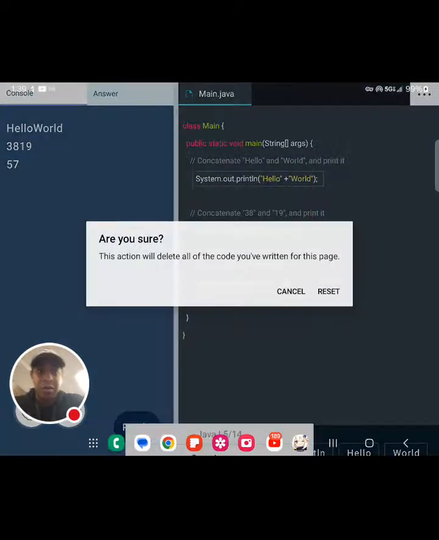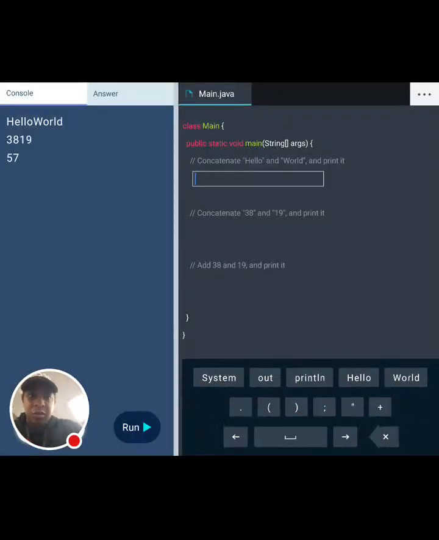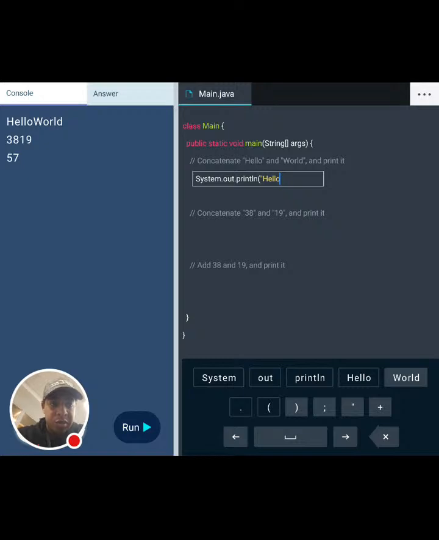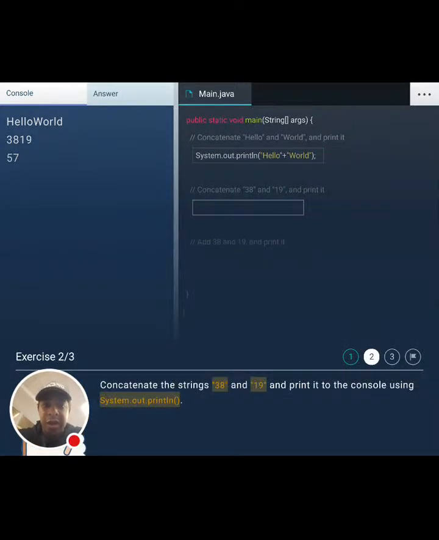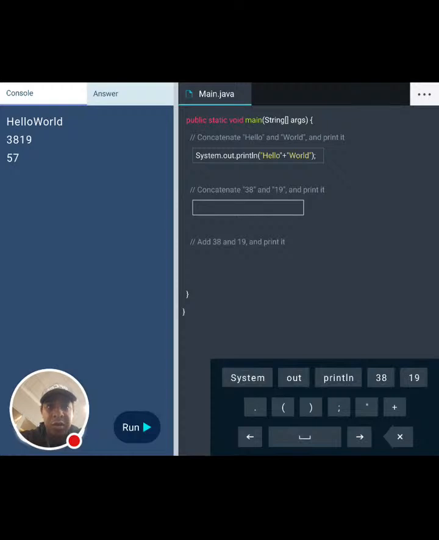I'm going to reset the code, because I want to show you what it does when you actually finish. So it's going to be hello world. This is string concatenation. Same thing.